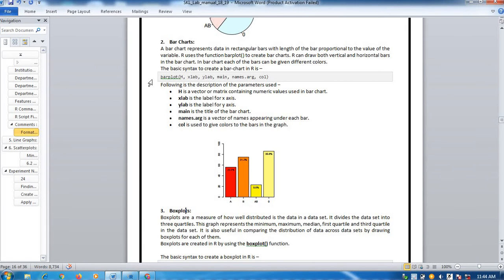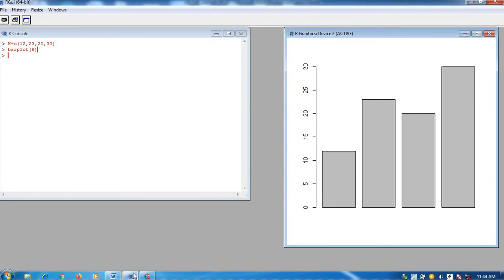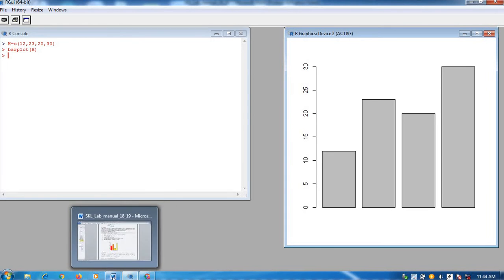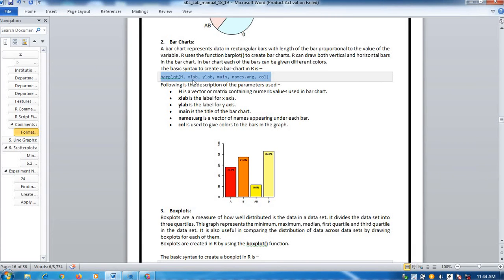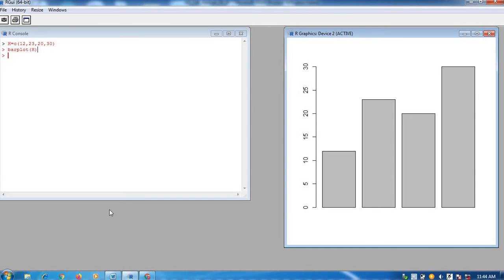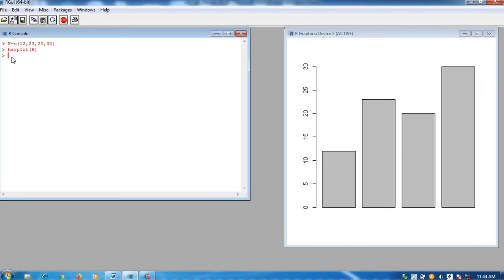So I am just copying this and we will assign values to it.